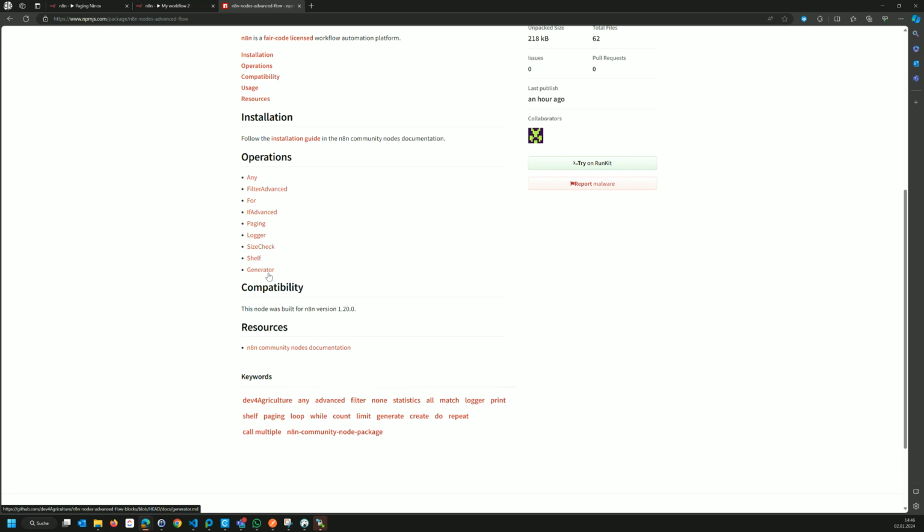And then I have the generator because I was missing a node to be able to just create empty elements. Okay, we'll go